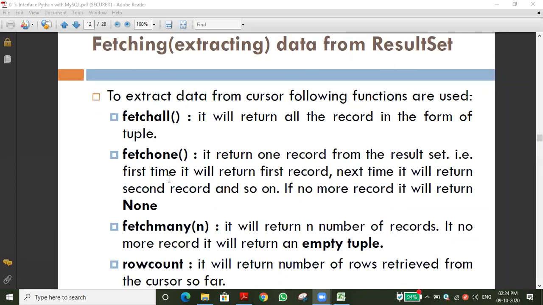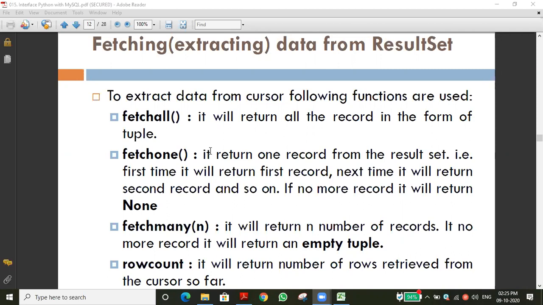For example, a table contains 3 records. Record means, for example, employee number, employee name, salary. This is one record, and likewise 3 records are there. The fetchone function is used to access only one record, especially the first record.